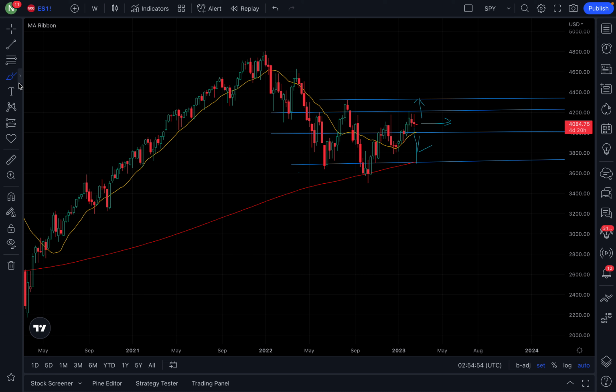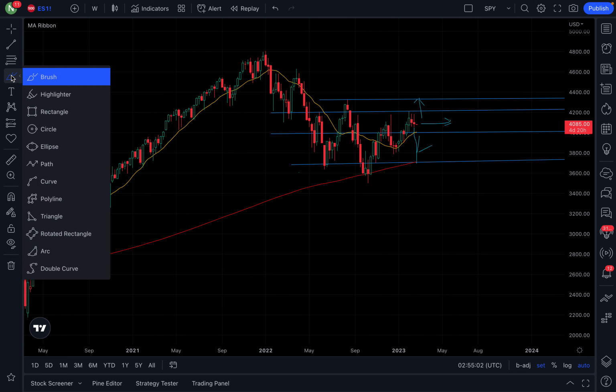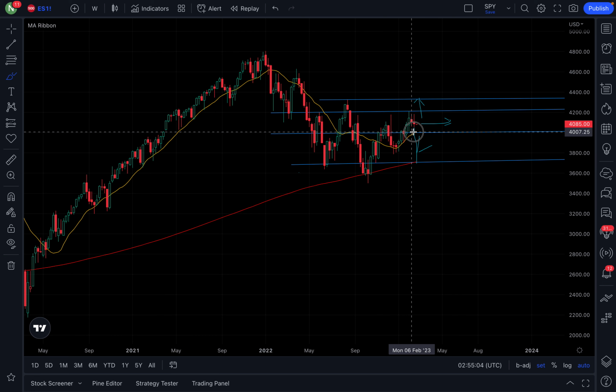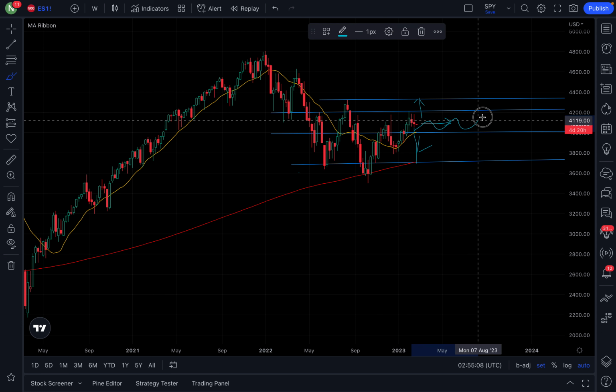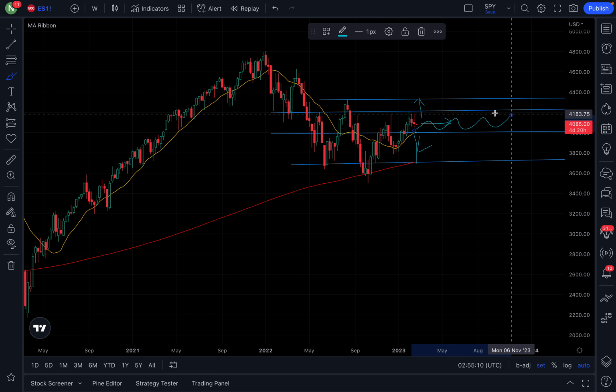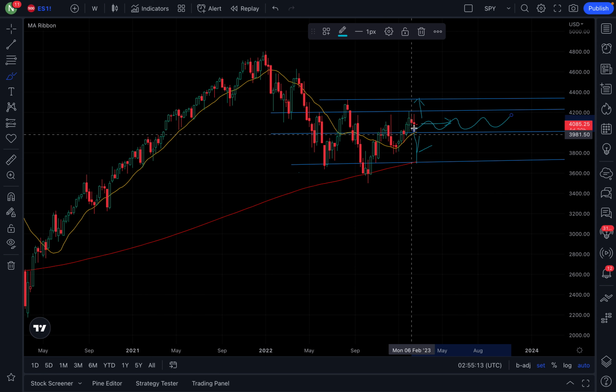The third option that the market can do is it can go sideways. And what we can end up seeing is the market just kind of bouncing around in between this area here, okay? Which I don't think it'll do for a very long time. I think,